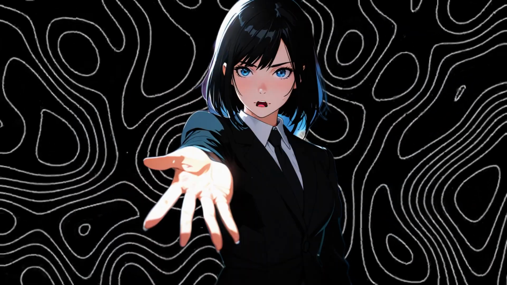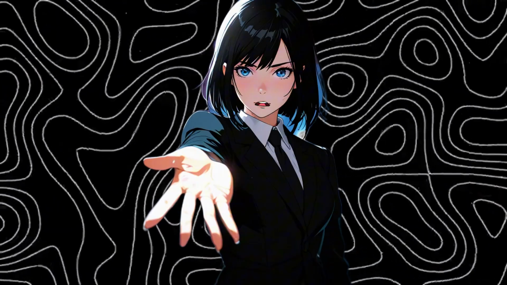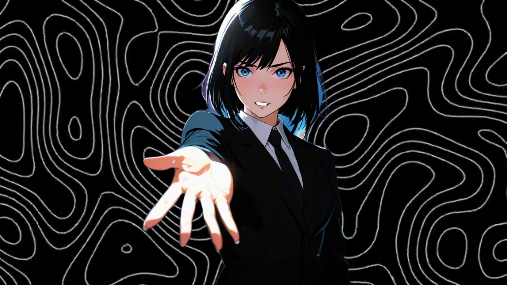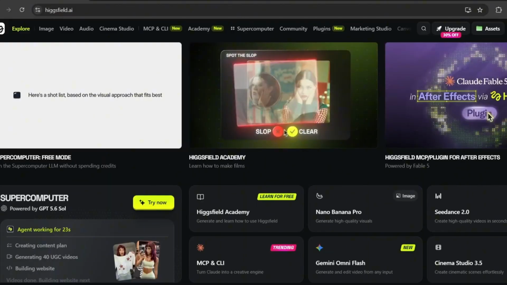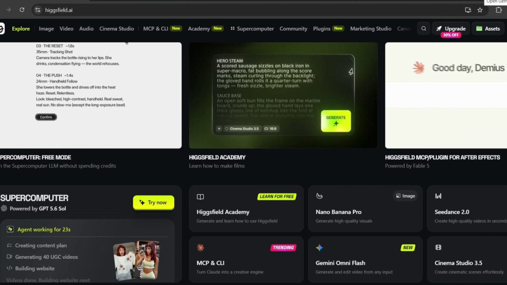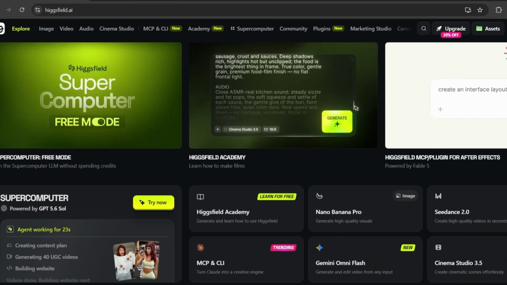I'm going to show you exactly how the images work, how the videos work, and then walk you through this new connection setup step by step. Let's get into it. Okay, so this right here is the incredible AI tool that I am going to be